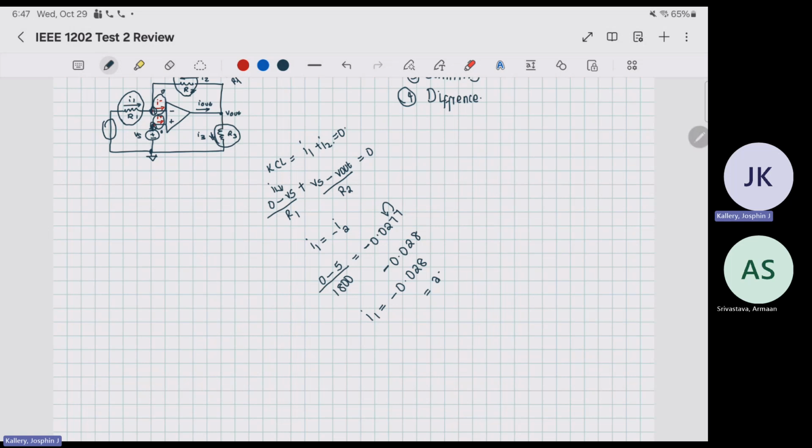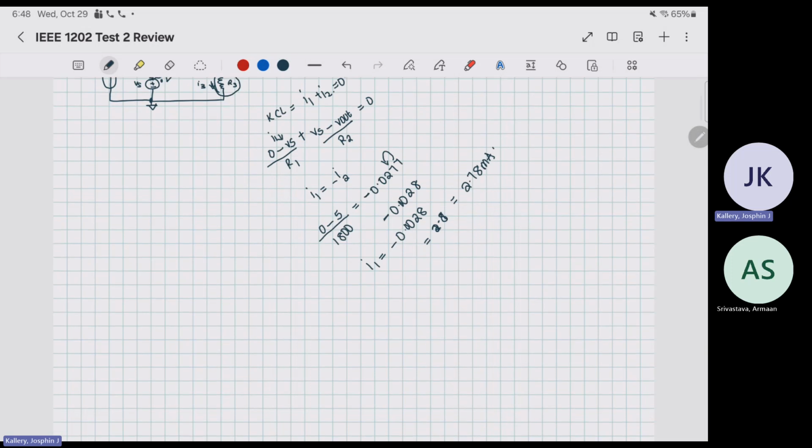Yeah, 2.778. It should be 0.6. Oh yeah, that's sorry, I didn't say that one. So this one becomes 2.8 for me, but you can round it off to any decimal point you want. It's still going to give you the same answer. But here we have it as 2.78